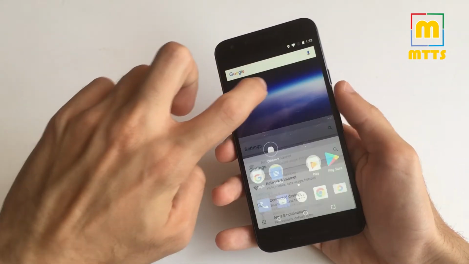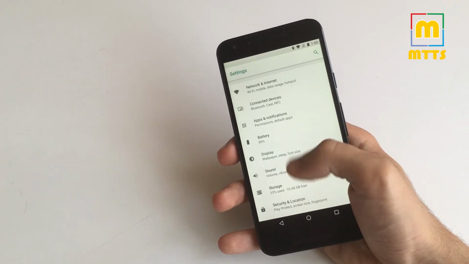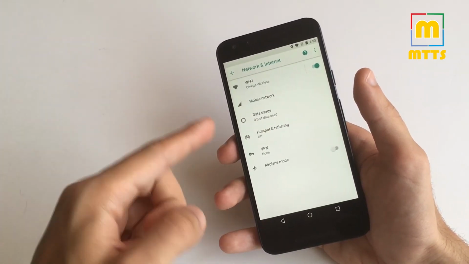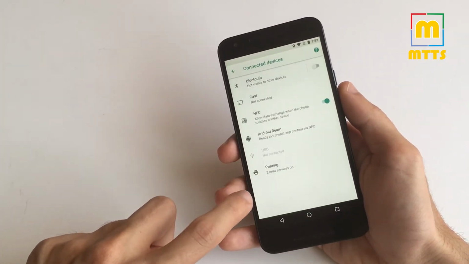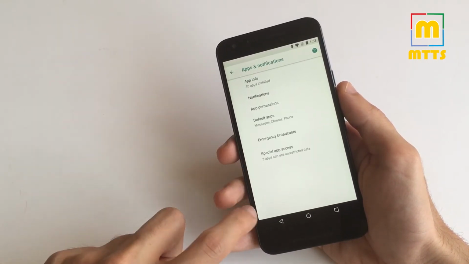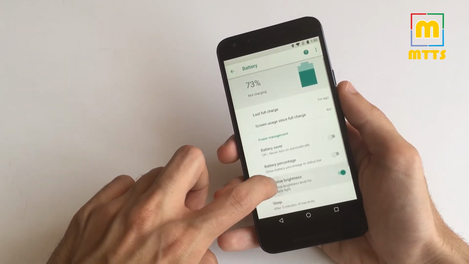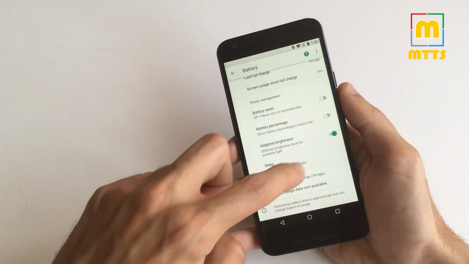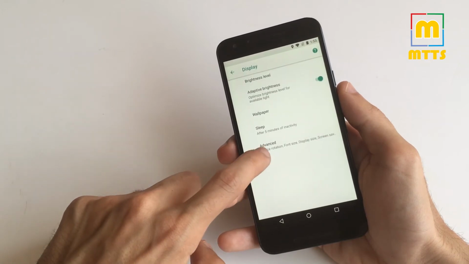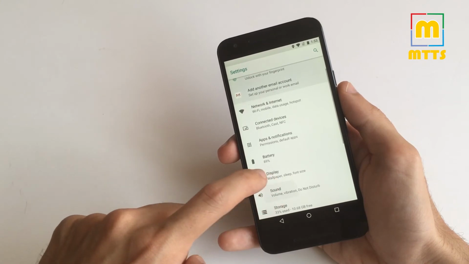The settings menu has been changed considerably. The items are now grouped in folders, similar to what Samsung has been doing for some time. We have network and internet, connected devices, apps and notifications, with an advanced tab. I see most of the options have an advanced tab now. Battery with battery saver and power management, display along with the advanced options as well, sound,